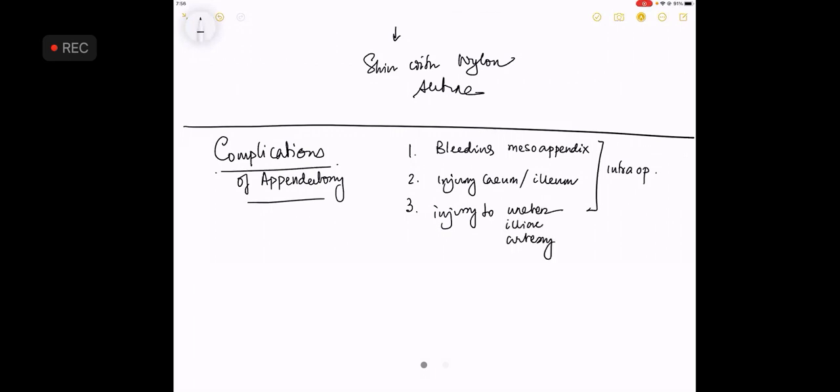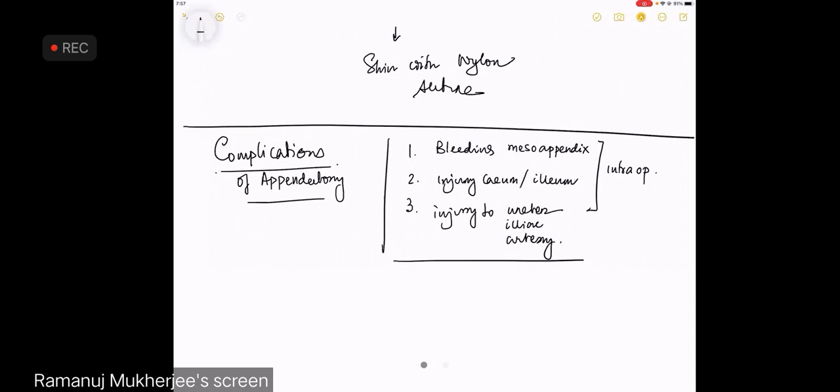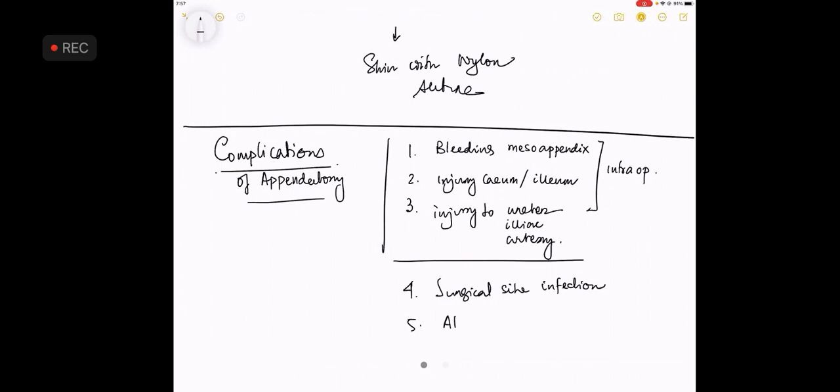I have seen the full spectrum of all injuries. If you have completed writing, then a surgical site infection, number 5th, local abscess formation,